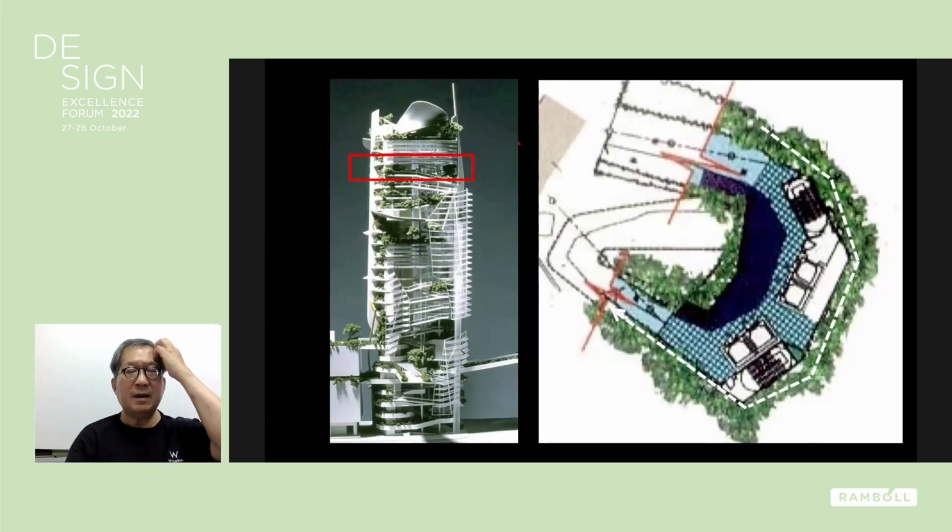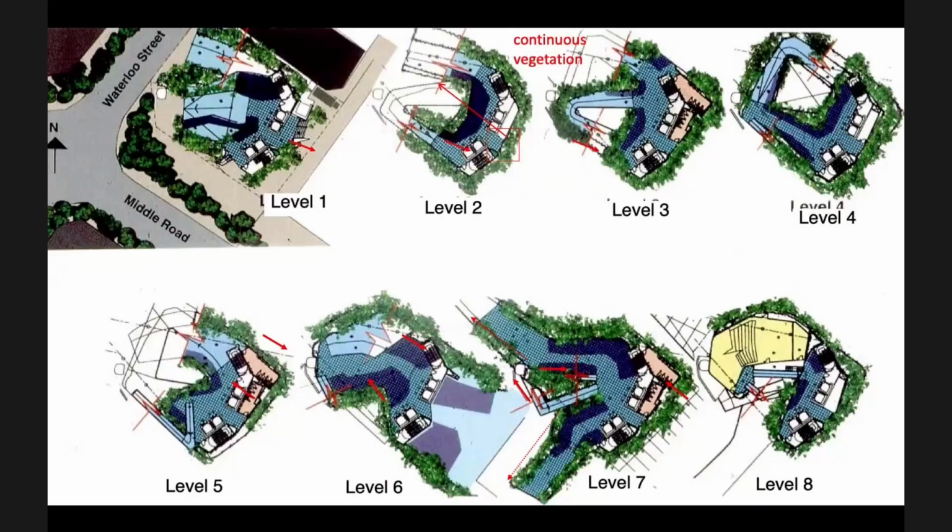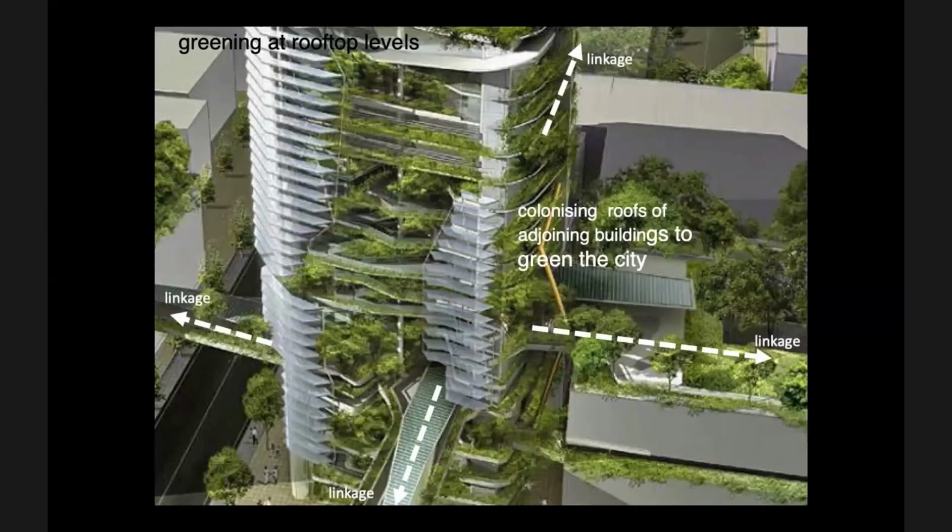This is a design for a cultural building where we have a ramp on the outside. The vegetation becomes a ramp that starts to spiral all the way up from the ground, all the way up to the top of the building. And whenever the ramp reaches the roof of the giant building, we then bridge across and vegetate the giant building. So in this way, the existing city then becomes eventually green. So this is a concept, this is an idea that we're trying to achieve with this building.